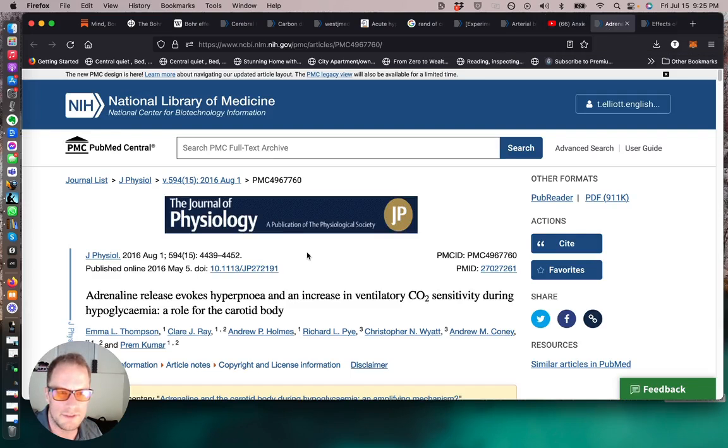So I wanted to finish this up with what comes into play. Adrenaline, when it's released, evokes a higher sensitivity to carbon dioxide. So one thing I haven't mentioned yet is we naturally breathe to our set chemoreceptors for carbon dioxide. So we will breathe faster to the extent that we are more sensitive to carbon dioxide or to the pH in our blood. And hormones, like stress hormones, will change that receptor sensitivity. I don't have a full list of those things that will increase our sensitivity, but it's something for me to dive into. But you can just use your intuition that essentially if your mind is producing adrenaline or cortisol,